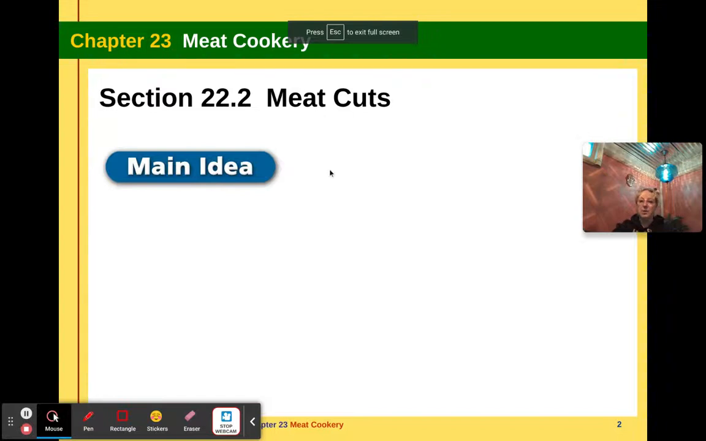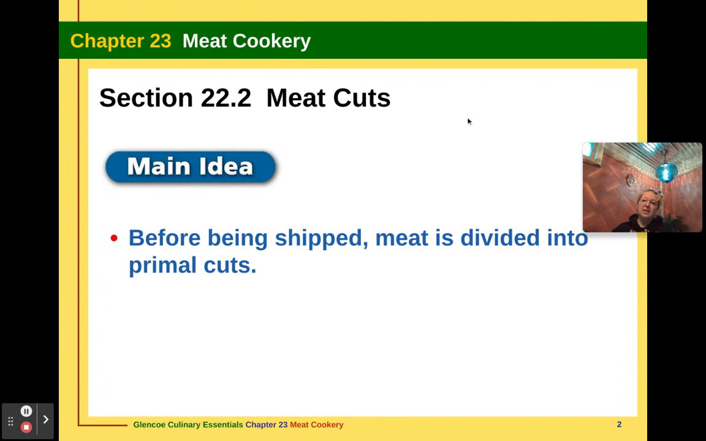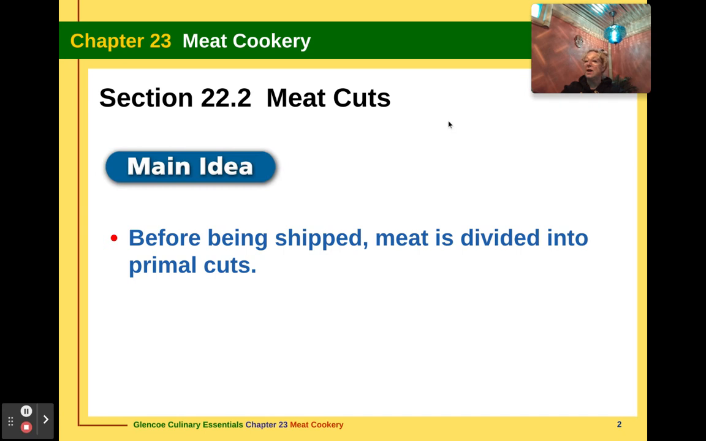For this video, we're going to be talking about the different meat cuts. So within this lesson, we're going to learn how to buy meat at the grocery store. And then in the next lesson, we're going to really talk about how to cook the individual cuts and proper cooking methods. So for this lesson, one of the big main ideas and objectives is to understand what primal cuts and